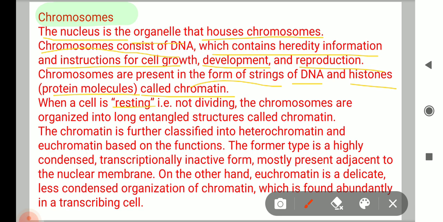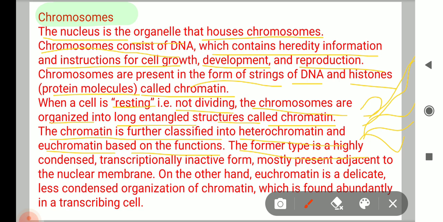when the cell is resting, no division occurs. The chromosomes are organized into long entangled structures called chromatin when the cell is in the resting phase, and at this time no division occurs. In this time the chromosome is organized into entangled structures called chromatin, and the chromatin is further classified into heterochromatin and euchromatin based on